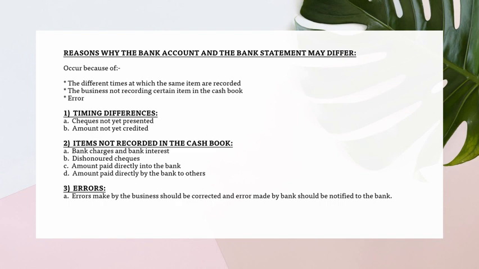Errors. An error made by the business should be corrected, and an error made by the bank should be notified to the bank as well. Maybe you overstated some of the amounts, or you wrote the wrong figure. For example, there is money received of 100 but you put it as 10, so there is an error. You need to adjust it back. Let's say the cash book makes the error, then you must adjust it back in your cash book. If the bank statement makes the error, then you must adjust your bank